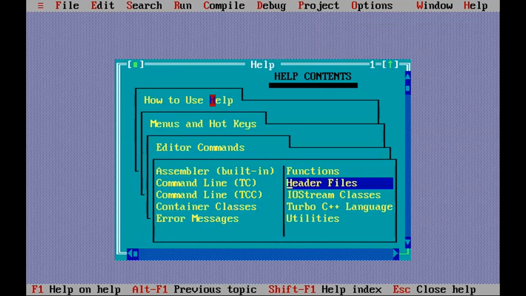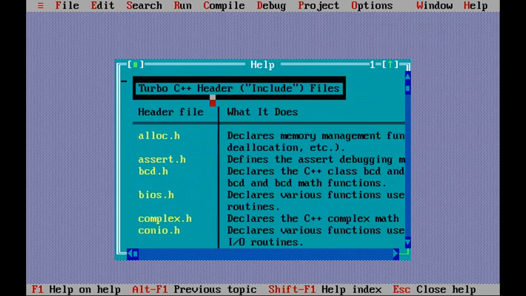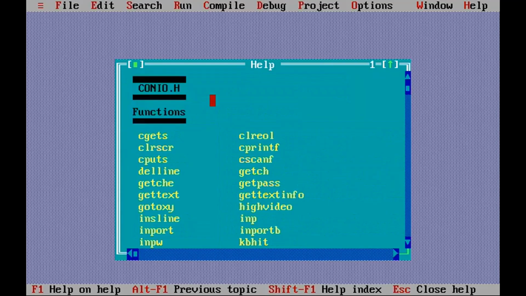First of all, go to this contents option in the help menu, then select header files. In header files, you will have the list of header files like alloc.h, assert.h, and so on. Suppose conio.h. Select this, enter. Now you will see the various functions available in that particular header file.